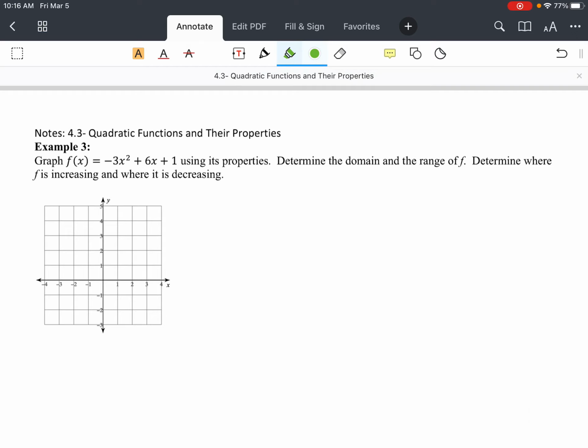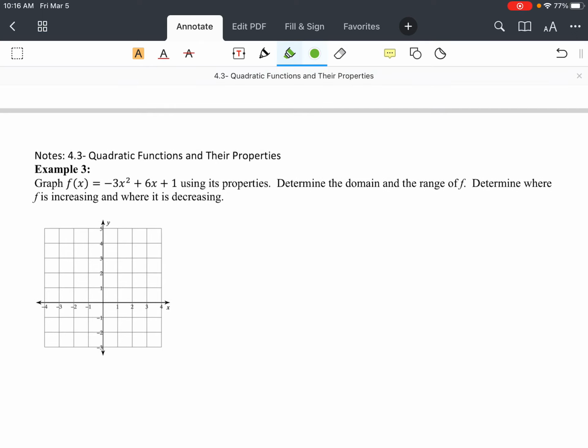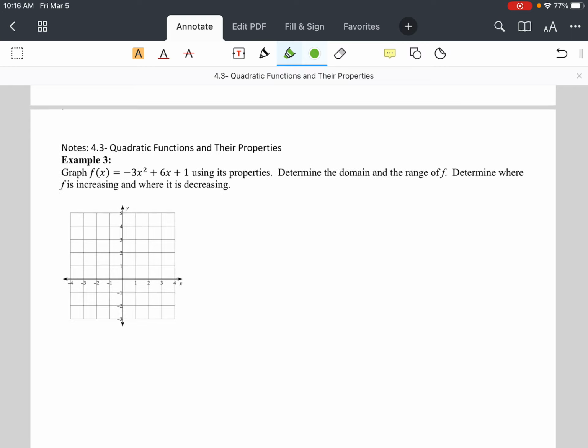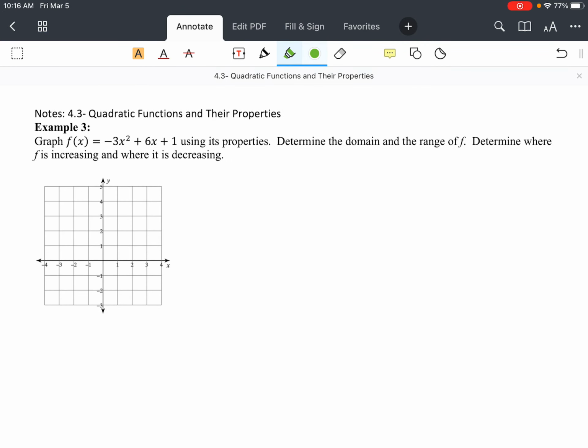So we're going to use this. It says we want to graph the function using its properties, determine the domain and range, and determine where f is increasing or decreasing. In graphing this, the first thing we need to do is figure out where the vertex and the axis of symmetry are. So let's start with the axis of symmetry, which is x equals